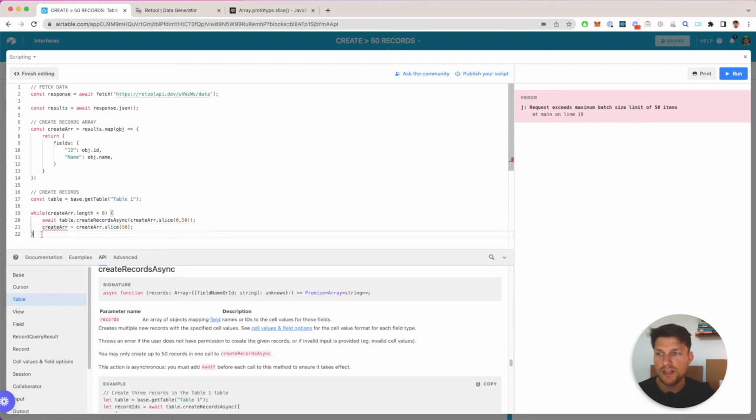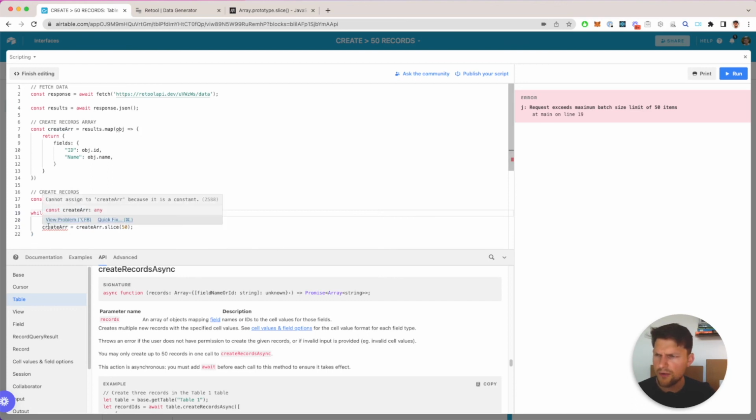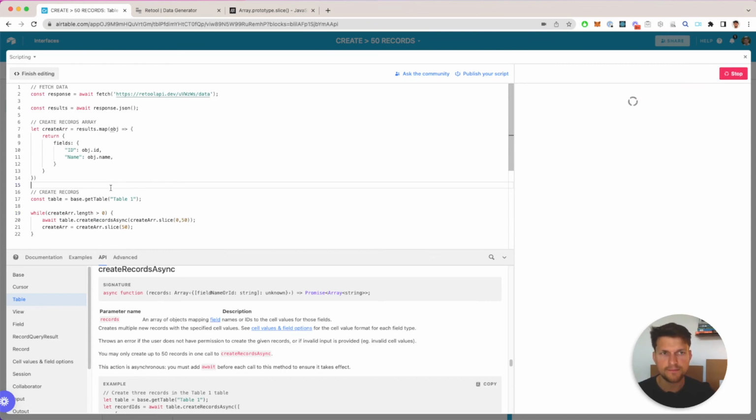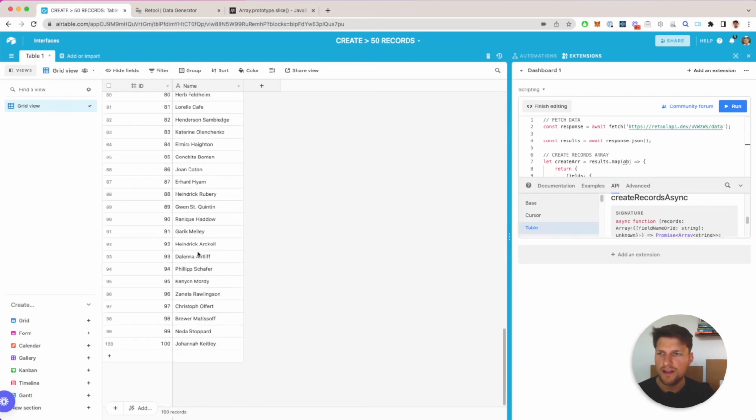And this is going to continue as long as this is not true anymore. So basically until the last item in the array. And there's an error here, which is basically that we cannot assign this to a constant. So we need to change this into a let. And if we run this, this should work. Let's see. Looks good, no error. Let's check our base. Perfect. And there we have our 100